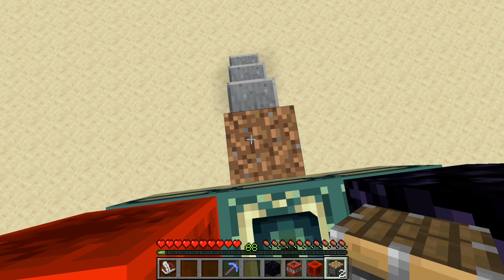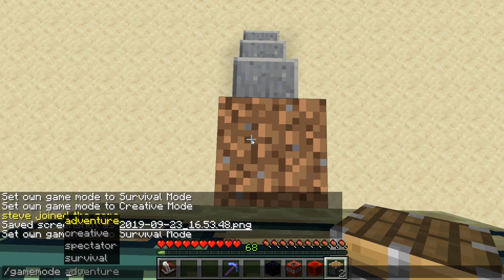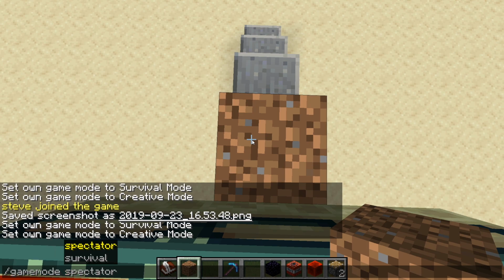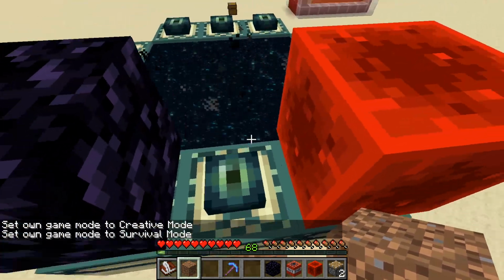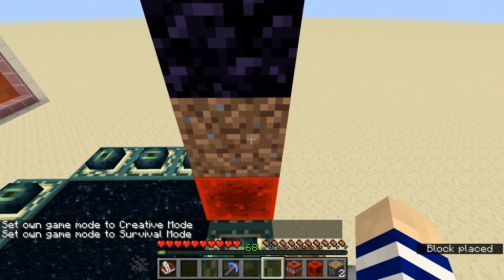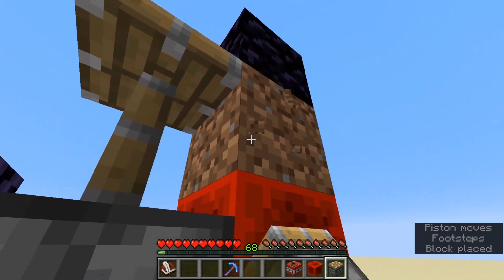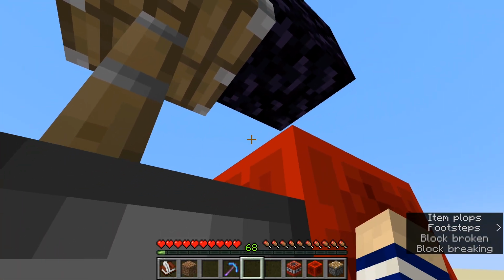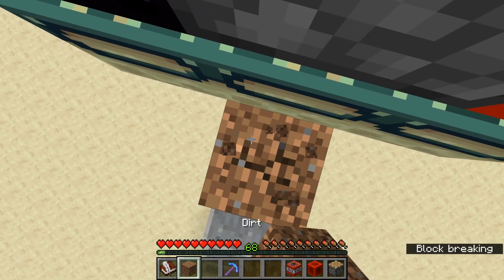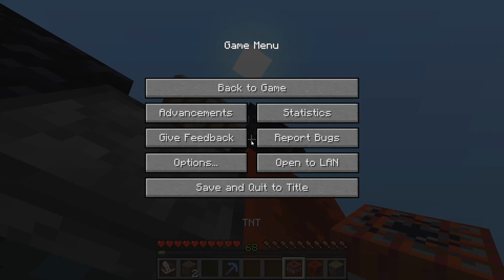Then we're going to go ahead and get our temporary block. So let me grab one. Okay, and we're going to come up here and place a temporary block here with obsidian on top, and then we're going to place a piston like so, and we can destroy this. This is where your TNT is going to go, and this is where you're going to place your piston. So we can destroy this temporary block, go ahead and place your TNT, but first